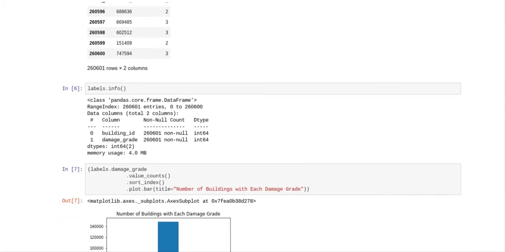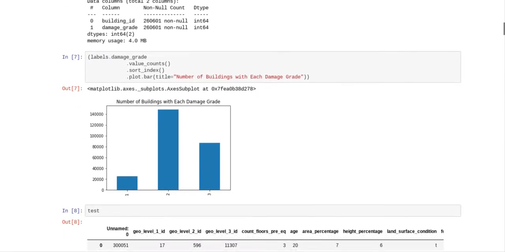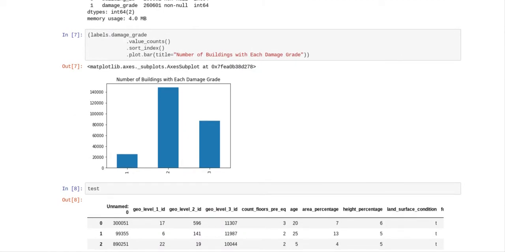So you've got labels, you've got building ID and damage grade. What they do on DrivenData is they don't put the target value in the train file, and as a result of that, you have to merge the two files together. And because the labels file has significantly more rows, almost 3 times as many rows as the train file, this presented a problem, and I'll tell you how I got around it. So this is something that I got from the tutorial,